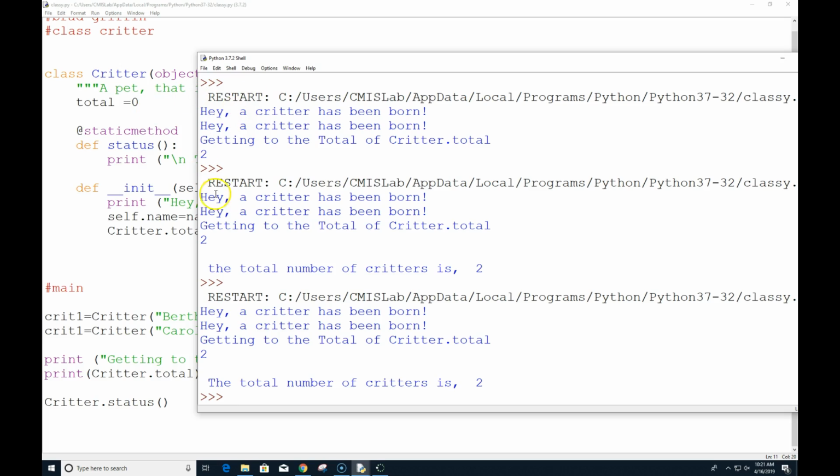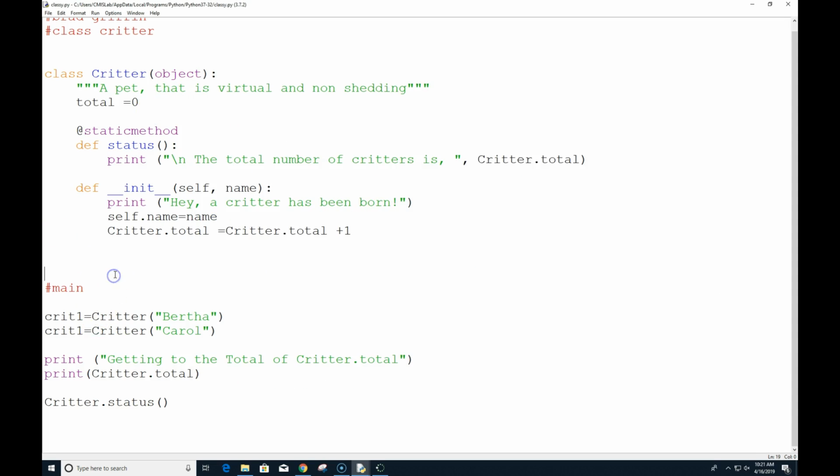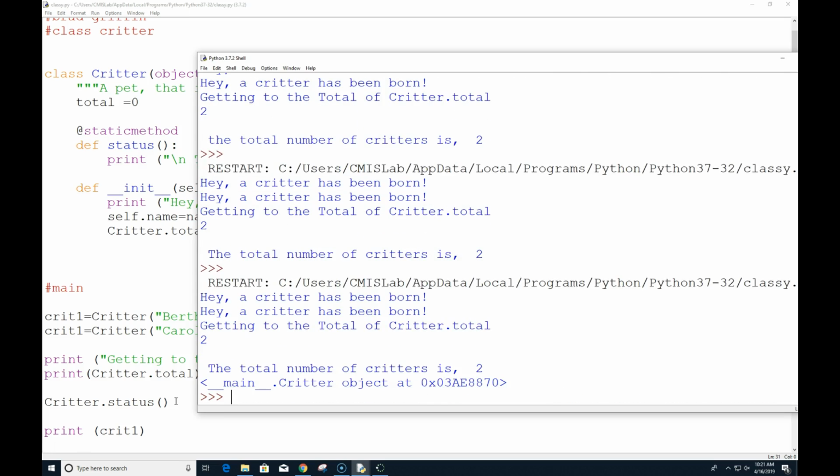So let's see what happens if we add another piece in here. So Critter.status seemed to work. What if we did, let's see what crit1 does, just as a remembrance. So if I run that, oh, yikes. That's pretty ugly.